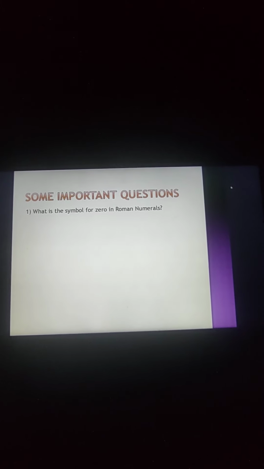For practice I will prepare a worksheet. I will send the worksheet to you all. You will get the worksheet, and on that you will do the practice. These are only examples of the varieties or types of questions which can come related to chapter 3. Clear? So let's start one by one.